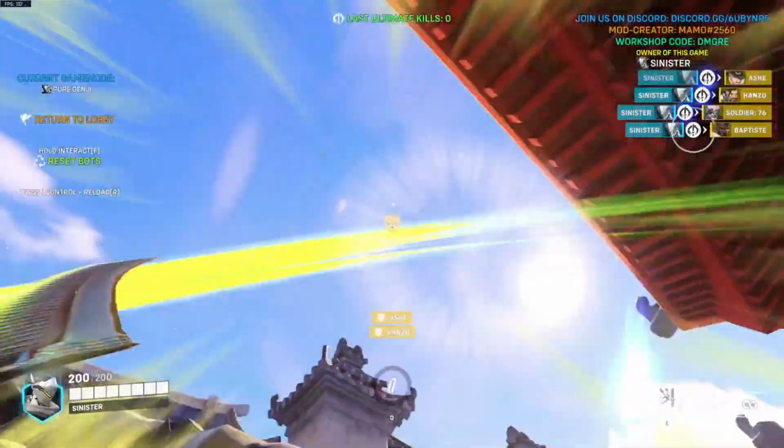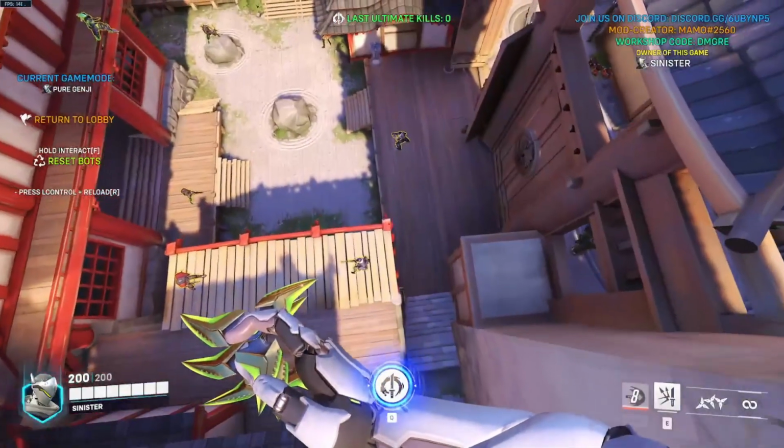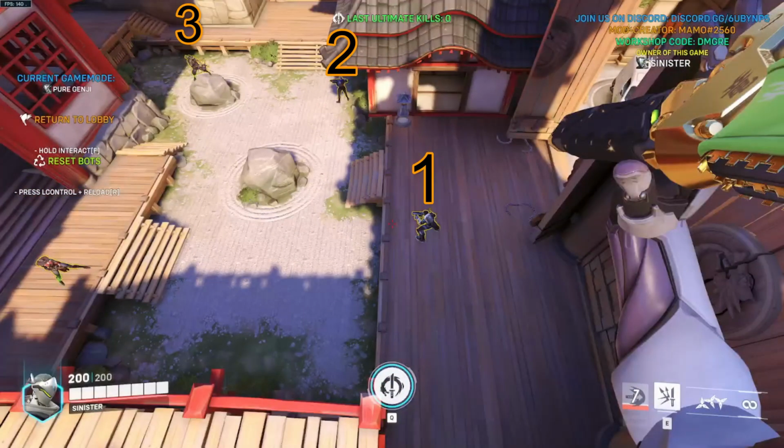The absolute first thing that we're going to do in this clip that you guys have just seen is dash up and read our area. The first thing that we see is a Baptiste underneath us with the numbers labeled on screen. You guys should kind of be able to see who I'm going to dash to. I see Baptiste, and once I'm done killing him, I can assume the direction that soldier's in, dash to him,